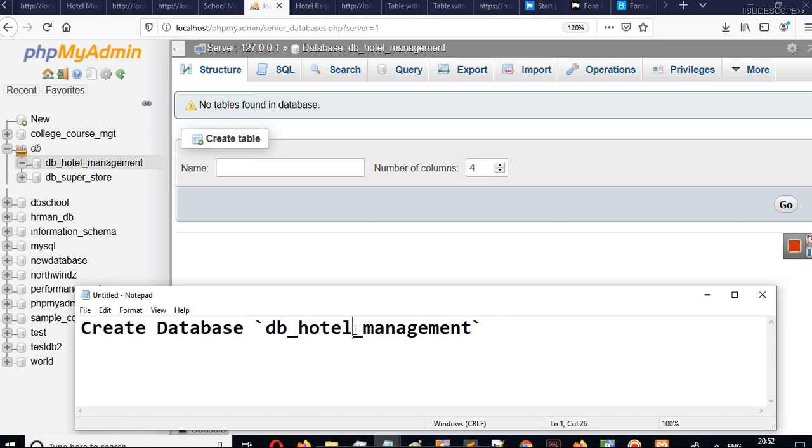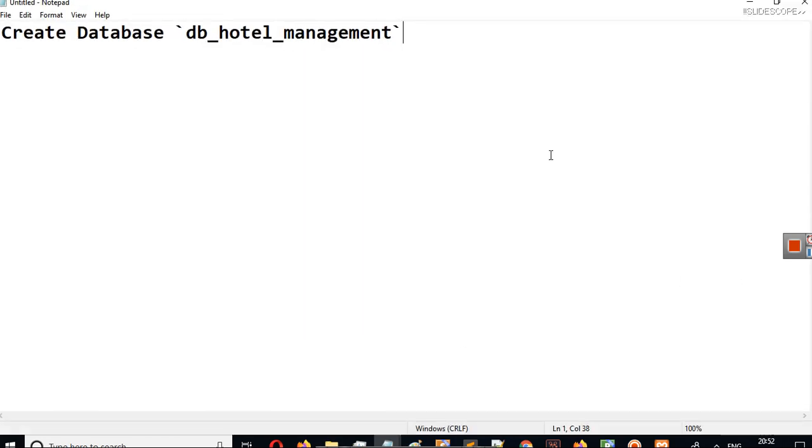Sometimes we have a space in our identifier name, and in that case MySQL will not be able to recognize the database name. That's why I have used underscores here and a left inverted comma here, just to make sure that the value written inside these left inverted commas is a database name. I will tell you one more thing.